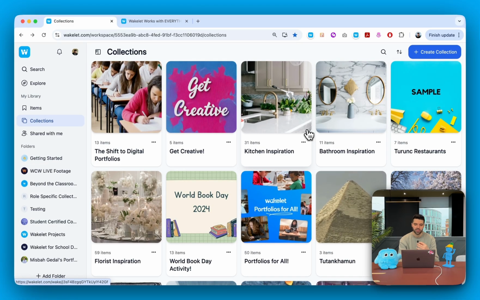So when you first log in or sign up to Wakelet, you're in your collections area here. Now, collections very simply are links, media that is being grouped together in a way that you see fit. So I have collections on research, I've got collections on kitchen inspiration, I've got collections on travel, and essentially what